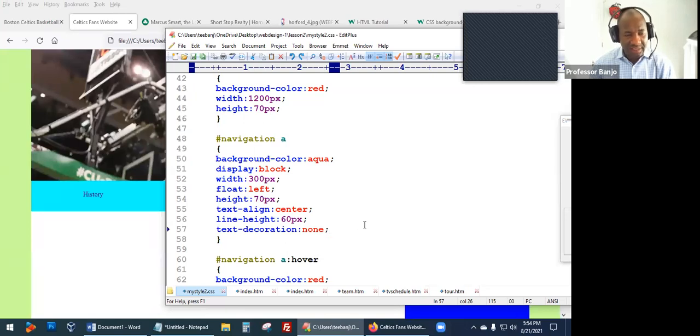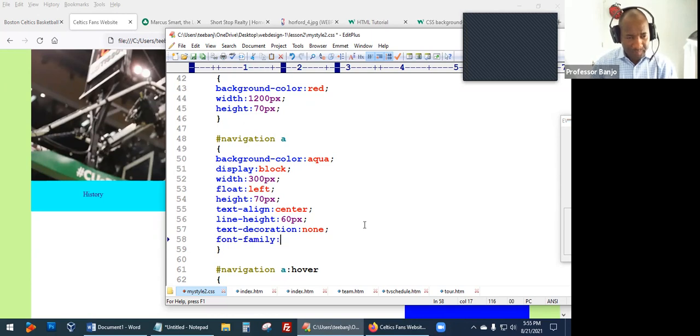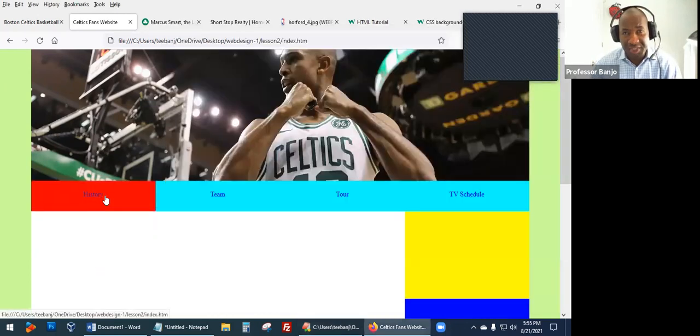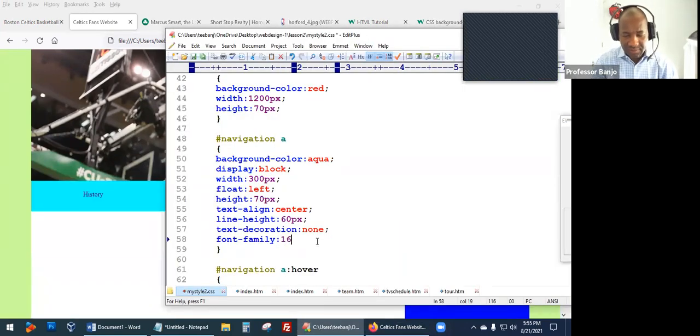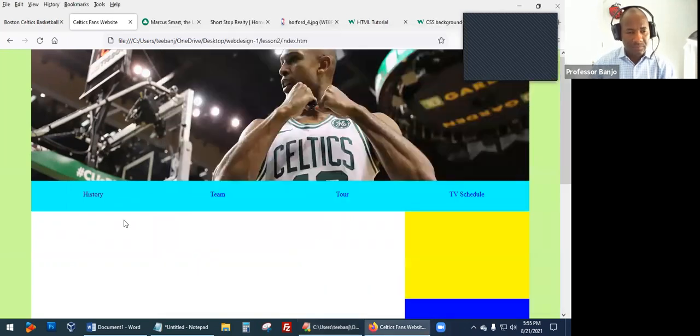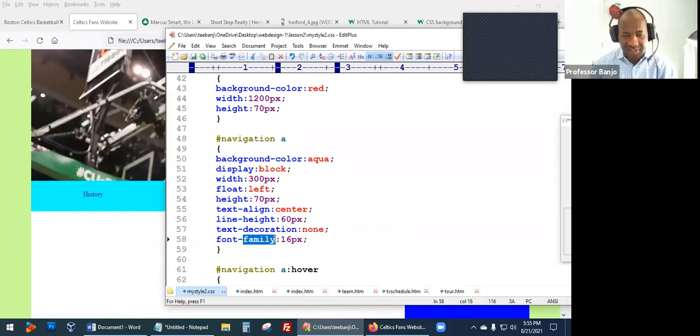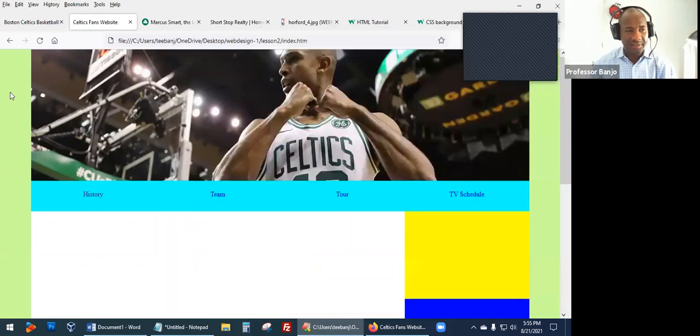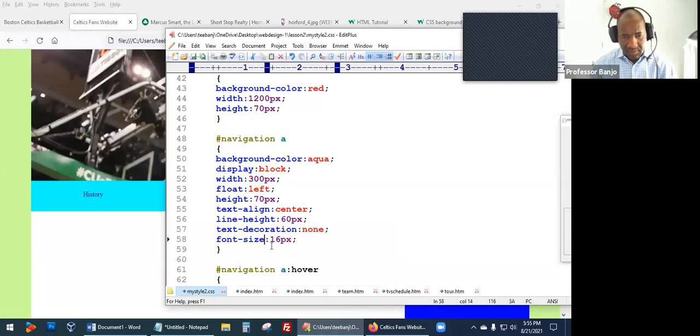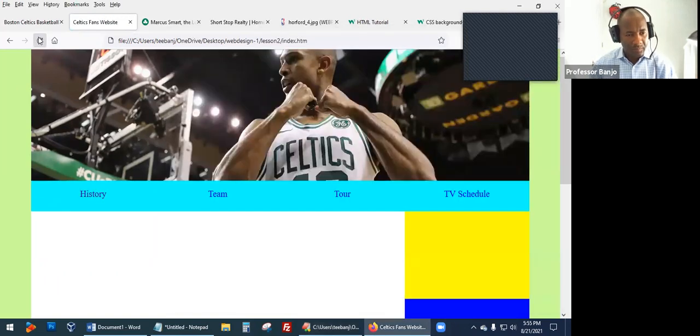Let's say we want to increase the size. Font family. I think the default size is probably about 12 or 13. So how about we try 16px? Oh, that didn't change. Oh, font-size, not font-family. Font-family is the name of the font. Font-size is the size. Let's make that a little bit bigger. Let's say 21, see what happens. Okay, well,